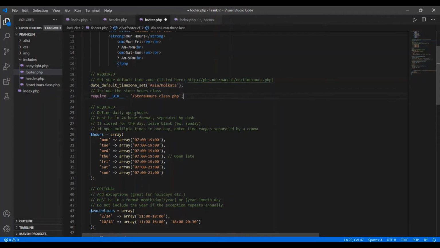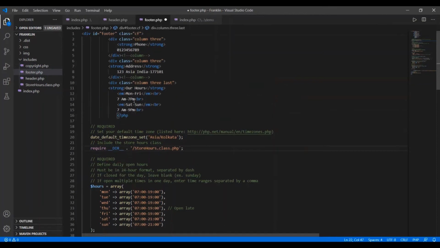So this is done, and here you have to include the file. What do you have to write? Here you have to write simply require once. You can also use this require once, since this file is under includes. In our case, I have copied this file under includes, or I'm just going to use include instead of require once.